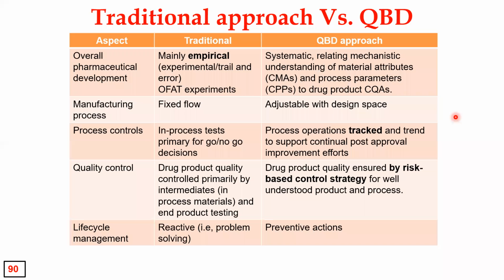So this is just the differences given in the textbook. What is the difference between a quality by design approach and a traditional approach? The traditional approach is empirical, nothing but trial and error, whereas the QbD approach is systematic. We develop the QTPP, then the CQAs, and it goes on systematically. The traditional approach is just based upon quality by testing, on whether the final product is good or not.